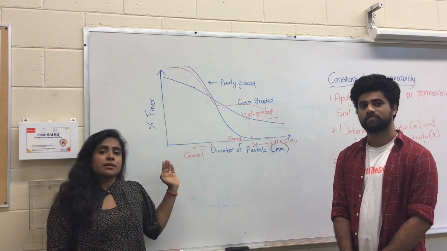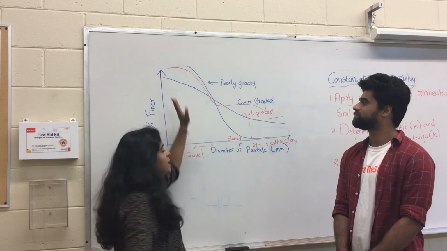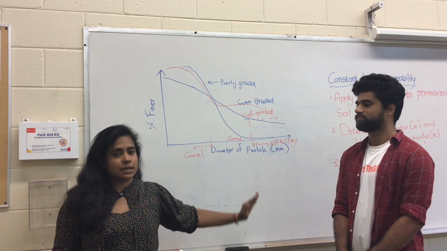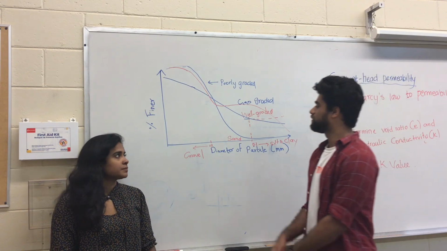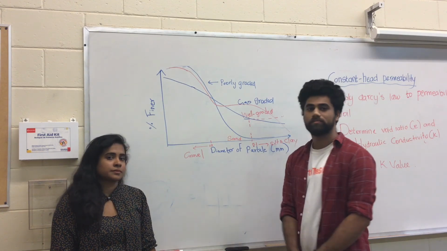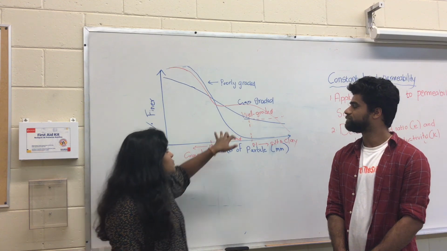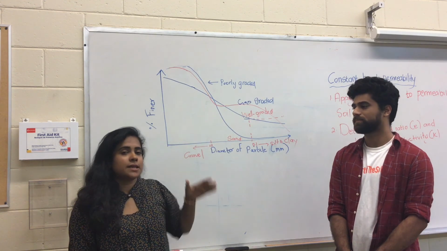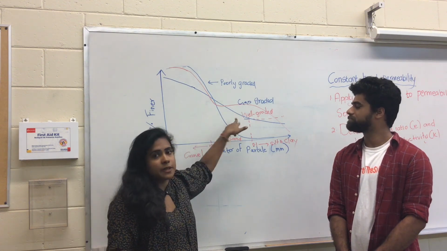A well graded PSD graph covers mostly from gravel to silt and clay, which will have a smooth curve covering all the soil particle sizes. For poorly graded, it will be the majority of the soil, sand covered, and silt and clay won't be covered. And finally, the gap graded soil PSD curves will have a gap in the middle, because that means that particular size of particle is missing. So there will be a gap. That's why we call it a gap graded soil.